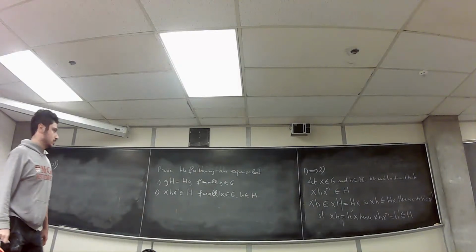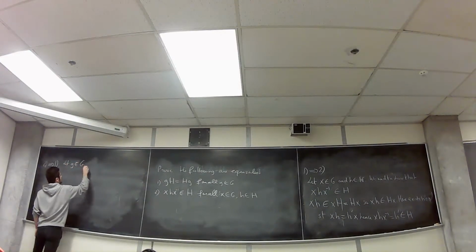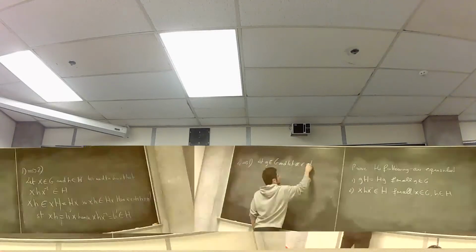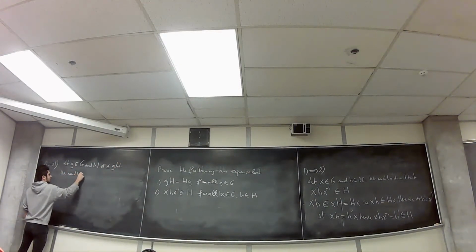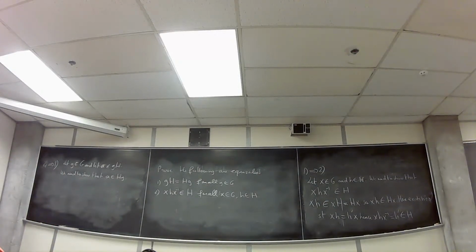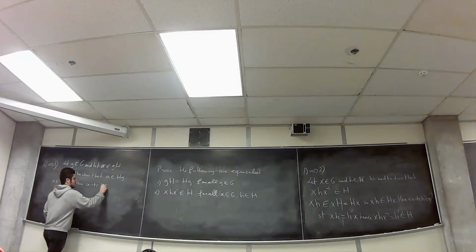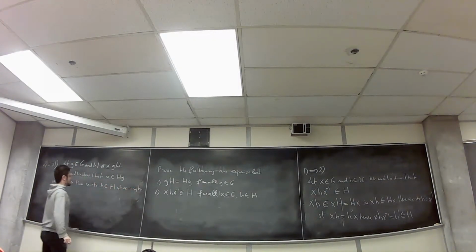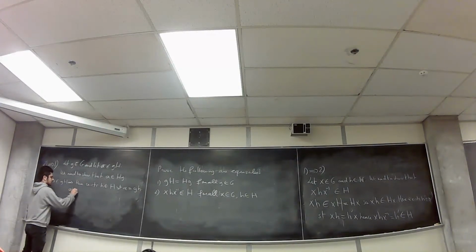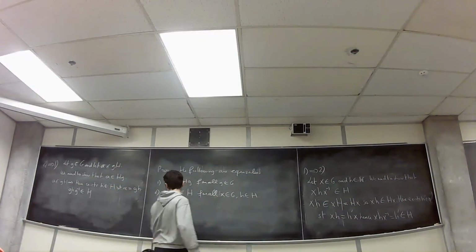Great. I need to show that 2 implies 1. Let g be in G, and let a belong to gH. We need to show that a belongs to Hg. Now, if a belongs to gH, there exists h in H such that a is equal to gh. Now, g h g inverse belongs to H by assumption, right? x h x inverse belongs to H for all x in G and h in H. So if I apply that assumption,